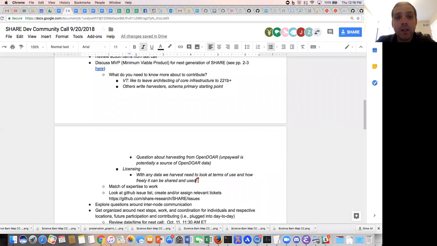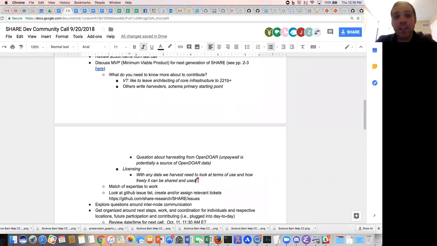And those terms may include, for example, you can only hit this API 100 times per hour, or 1 time per hour, or 1 time per day. You can only make so many requests. And legally, you don't have to, because some of these things have not been tried and we don't know if there are legal consequences or not. But out of respect for that source, and probably out of respect for your lawyers on campus, you should probably think about those things before you make that call.